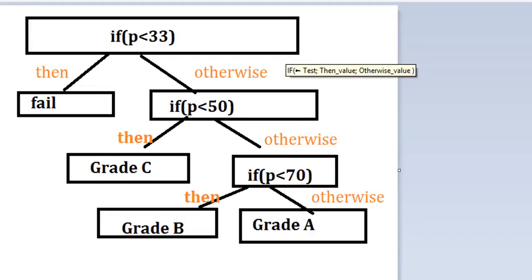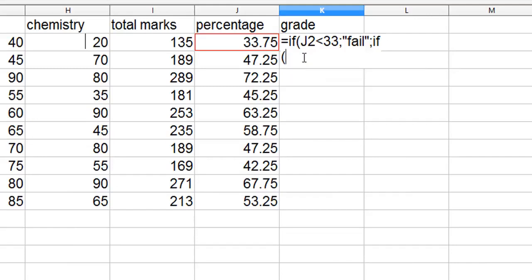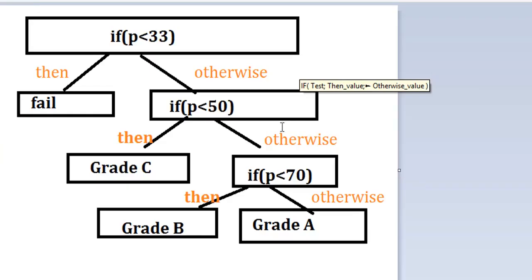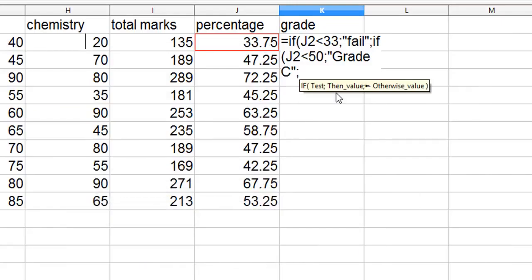So otherwise, again I have an IF: if this percentage is less than 50, then semicolon, we say grade C, in double quotes, semicolon. If it was less than 50, we say grade C. Otherwise again I have a condition, so I'll write it again.